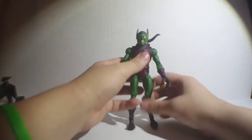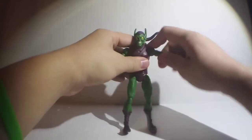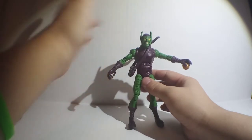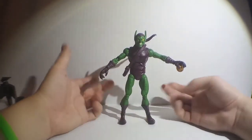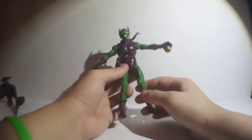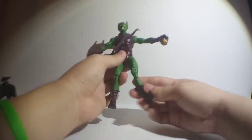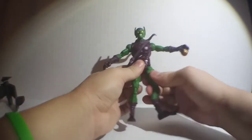This figure looks amazing. The only issue I have with, actually the only 2 issues I have with this, which are kind of minor, is his legs look kind of skinny. His legs look really skinny, and as a kid, I didn't play with this one too much because I was always so scared of breaking the knees. Like, look how much they wiggle. I was always afraid of bending the knees and moving because I was so afraid of turning him and